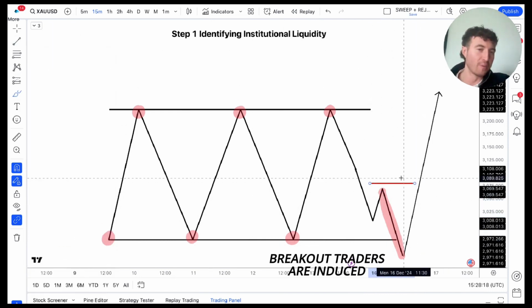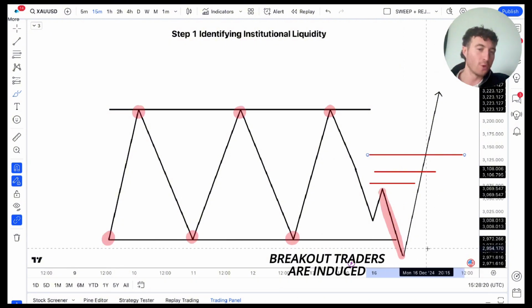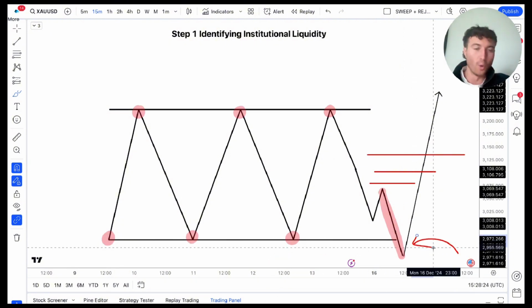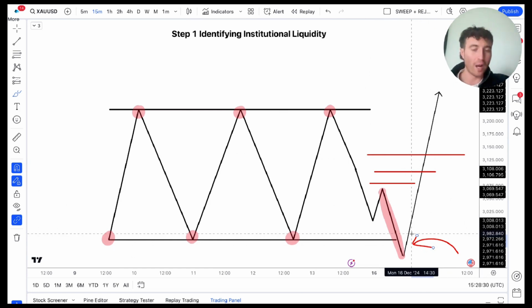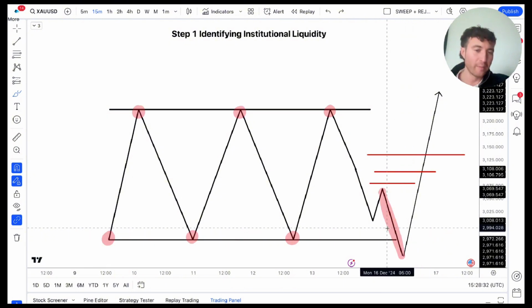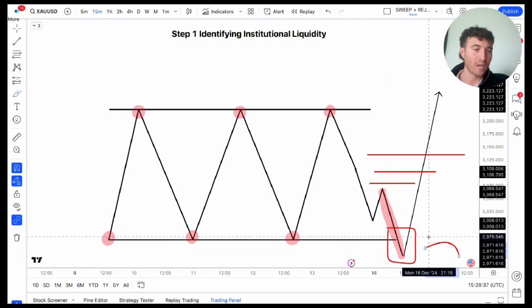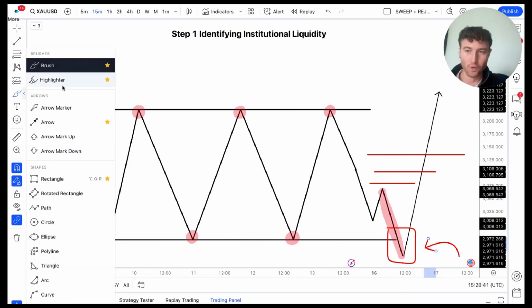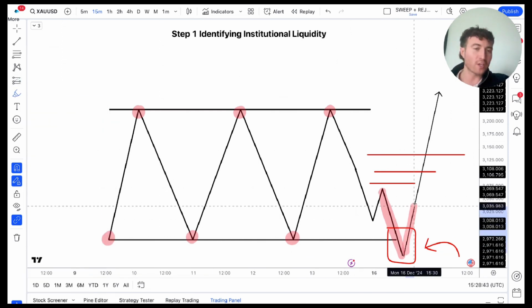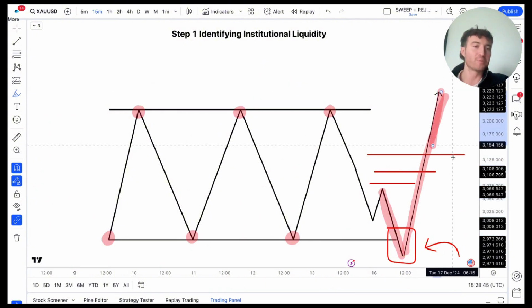Their stop losses are going to be within the swing points like so. They're going to be entering here short, thinking that prices are going to go lower, but this is just an institutional trap for retail traders. And then what happens? Once we see the manipulation, our entry is within this area right here. And then we look to capitalize on the institutional move, which is the actual trend continuation play to the upside,